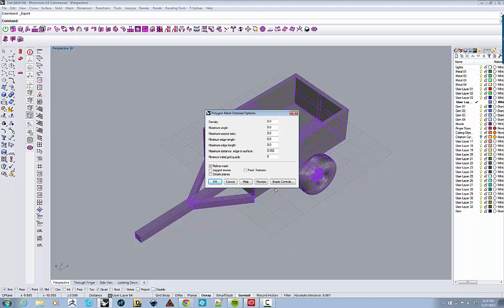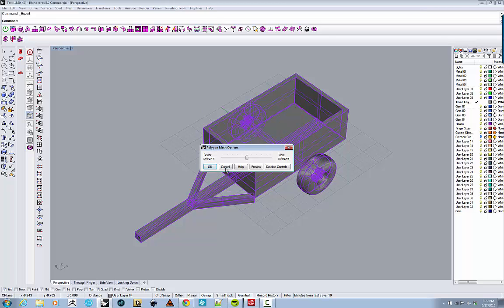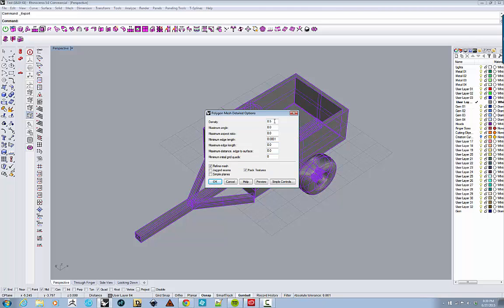Select OK. Now normally what will happen is you'll get this guy right here, and you can move this slider to add more polygons, but what you're really better off doing is going to detailed controls. The defaults come up in Rhino like this, and what I would do is just zero all of these out, take all this to 0, and then down here at maximum distance edge to surface, you want to set that to 0.002. Leave refine mesh on, uncheck pack textures. Click OK,